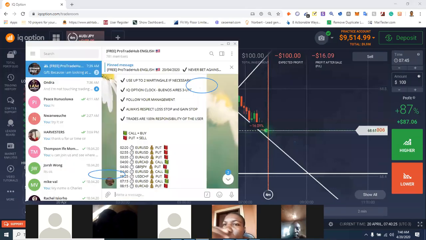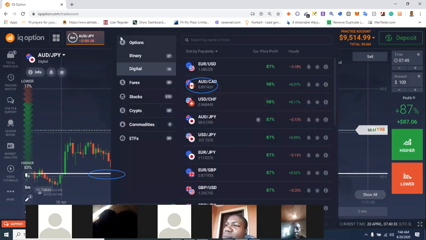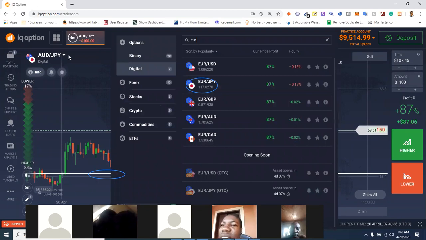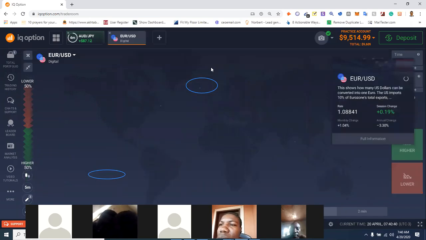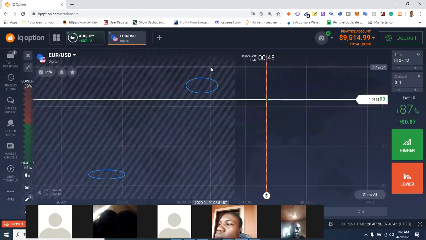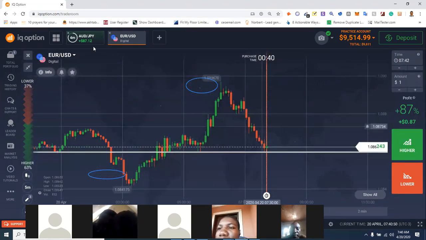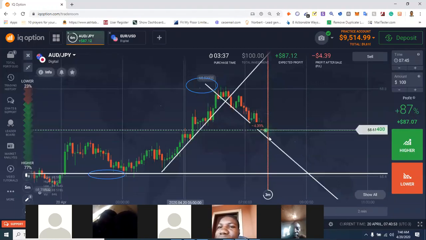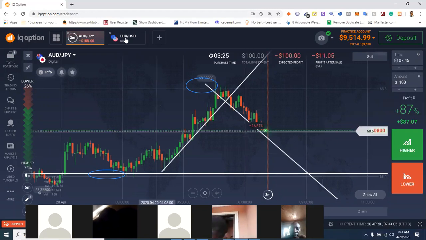The signal was Euro USD. Let's bring it up again, just to show us something. Euro USD. I want to show us something here. Now look at this. Now you can see it's almost all bearish. Compare it with this one. You can see the difference there. So you will decide yourself whether you want to take the trade or not. Let your mind guide you. Let the Spirit of God guide you. So you will decide yourself.